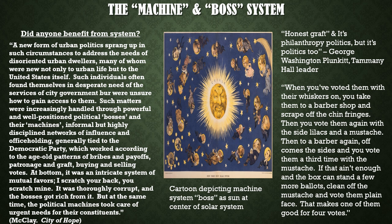That describes it very well. Let's unpack this a little bit. Why was it the Democrats that were sort of in control of so many of these city machines? Well, it's because the